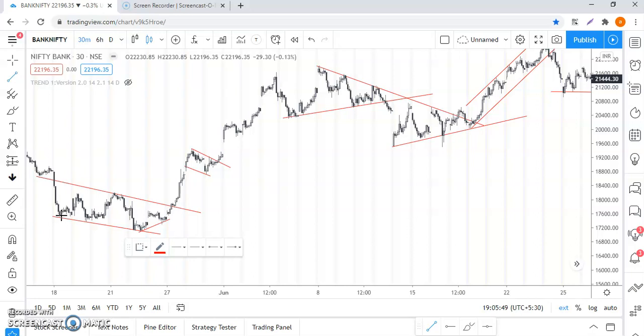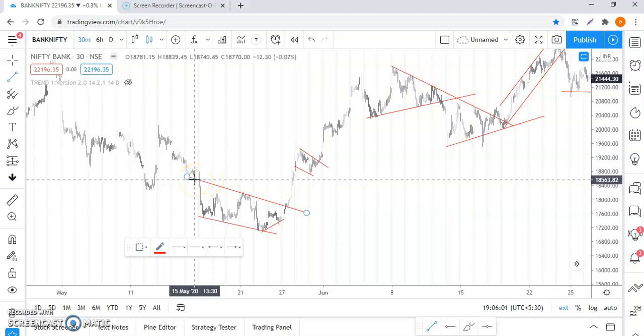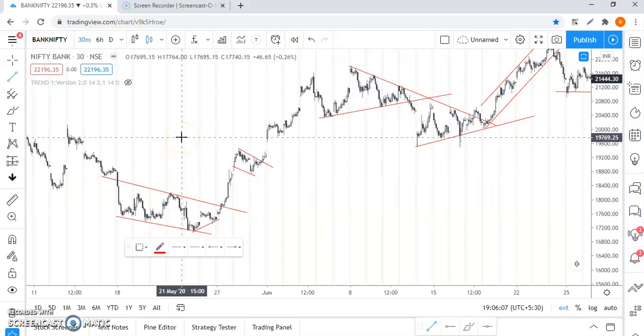There's nothing very sci-fi or hi-fi in this. It's very simple. It's very easy to identify these chart patterns, and once you start identifying chart patterns you will trade like a pro. Plus, if you have this knowledge, this is called a price action strategy. Price action means how price is acting on a chart. That's it. Trading is very simple, guys. I don't know why people make it so complicated.